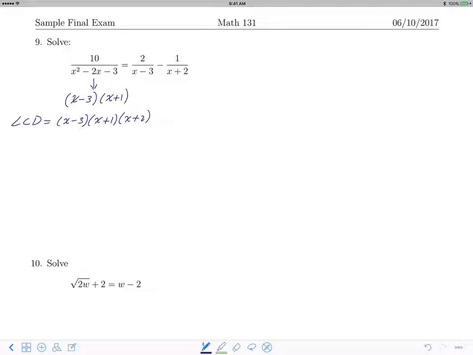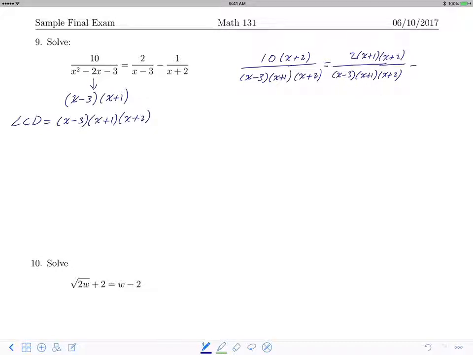So I take the left-hand side, rewrite it with this LCD, and the missing factor is just x plus 2, equals. On the right-hand side, the first fraction with the LCD will be x minus 3 times x plus 1 times x plus 2, and here the missing factor we need is x plus 1 and x plus 2,